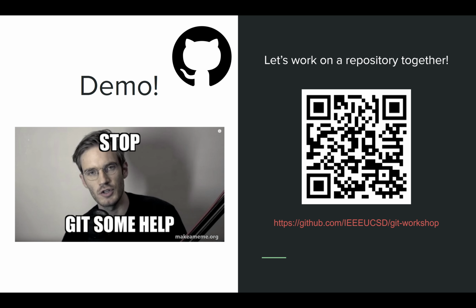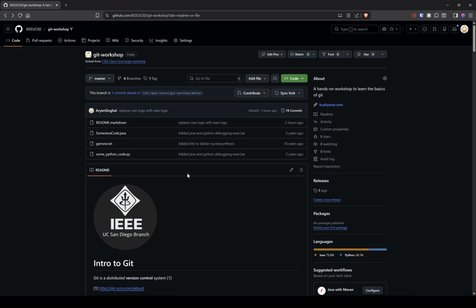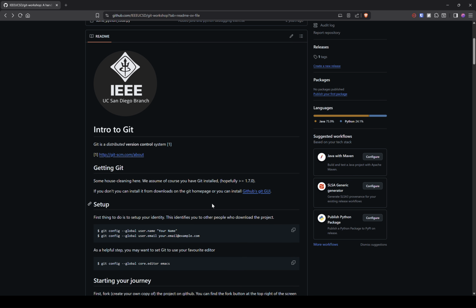Wait, has everyone opened the GitHub repository? Is there anyone who still is? Okay, perfect. So this is what you should see on your screen. Is everyone on this page? Okay, perfect. So this repository that I made,